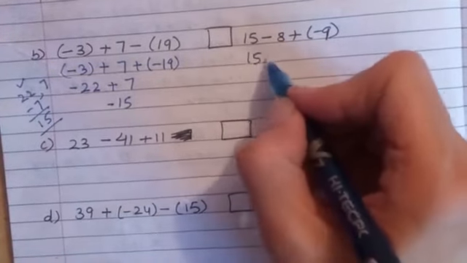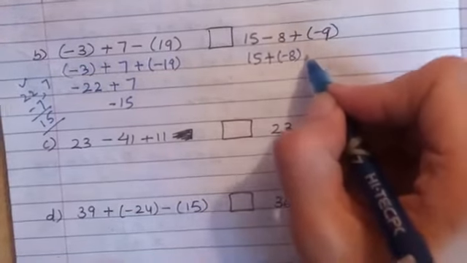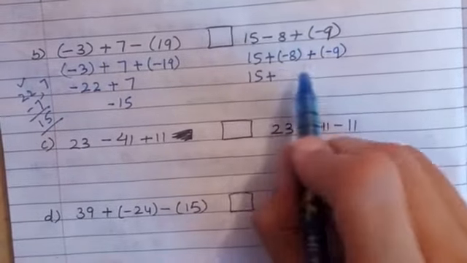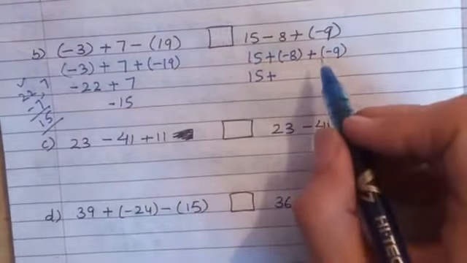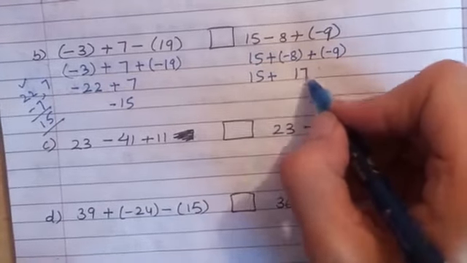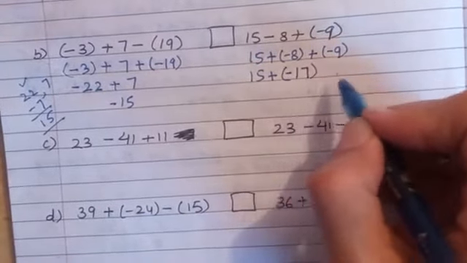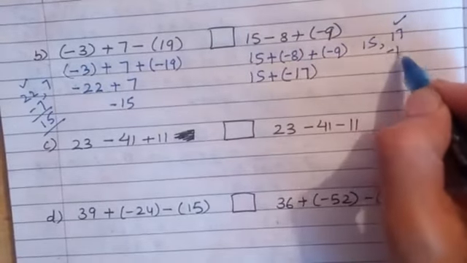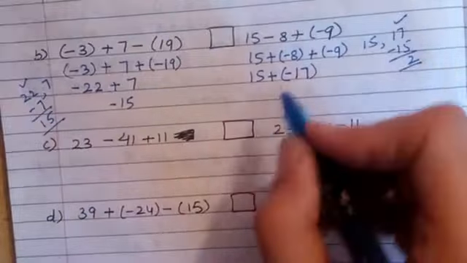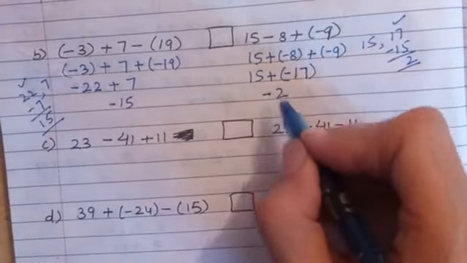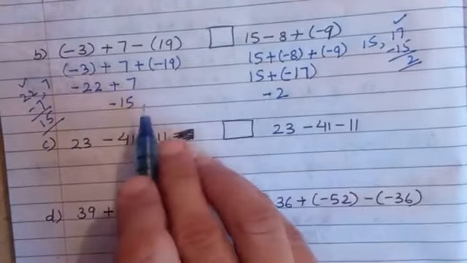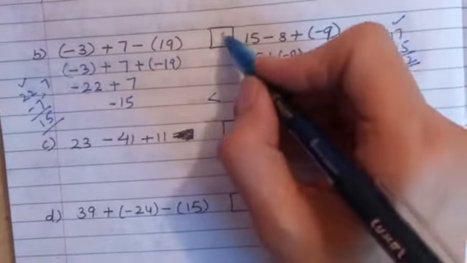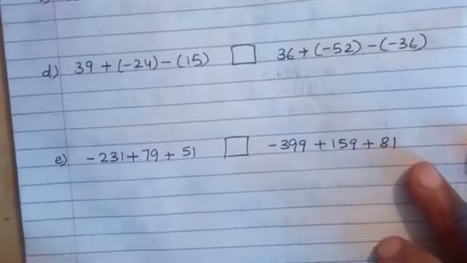Here 15 plus minus 8, adding the additive inverse, plus minus 9. Here 15 plus, sum of two negative integers is a negative integer, just add them and put the minus sign. Now different signs, so ignore the signs, look for the greater, subtract the smaller and sign of greater number. Out of minus 15 and minus 2, greater the number, smaller its negative, it is on the left on the number line, so less than symbol here.